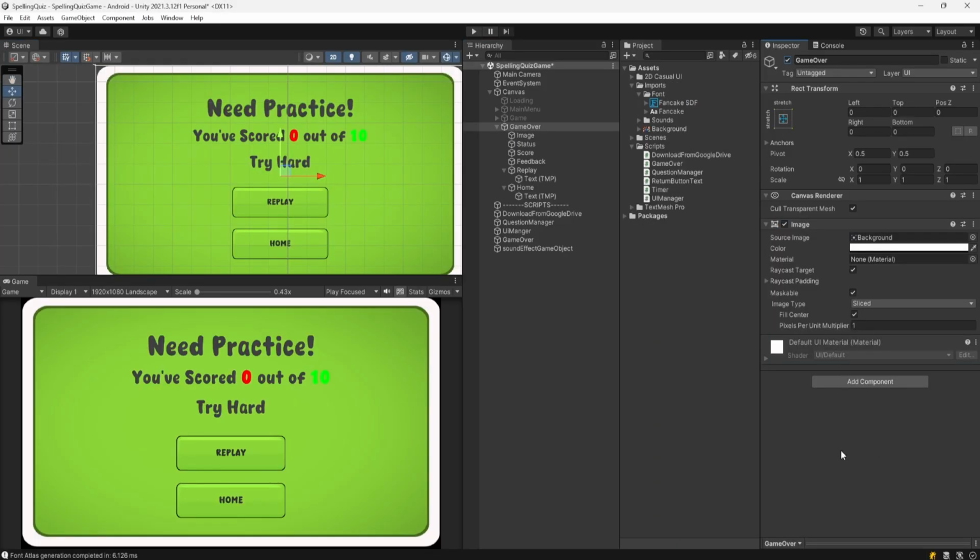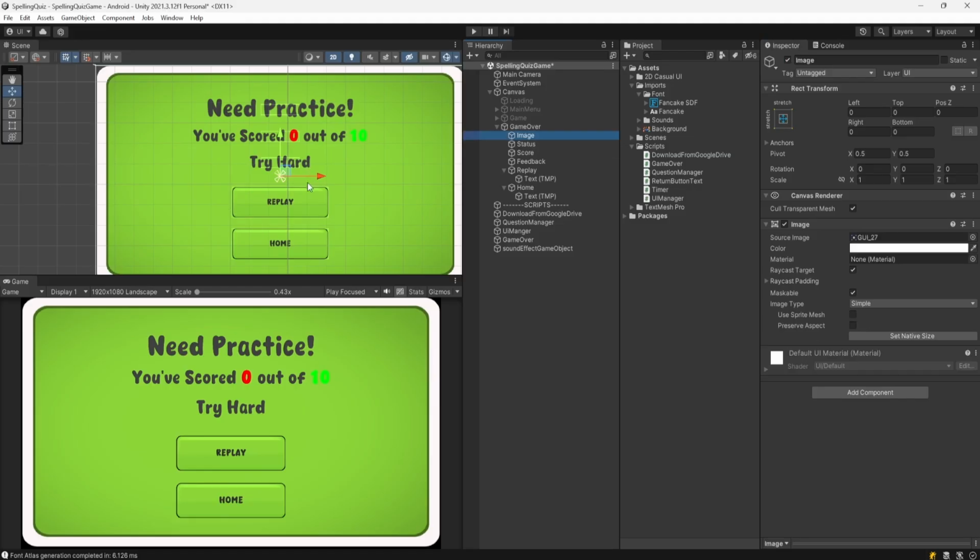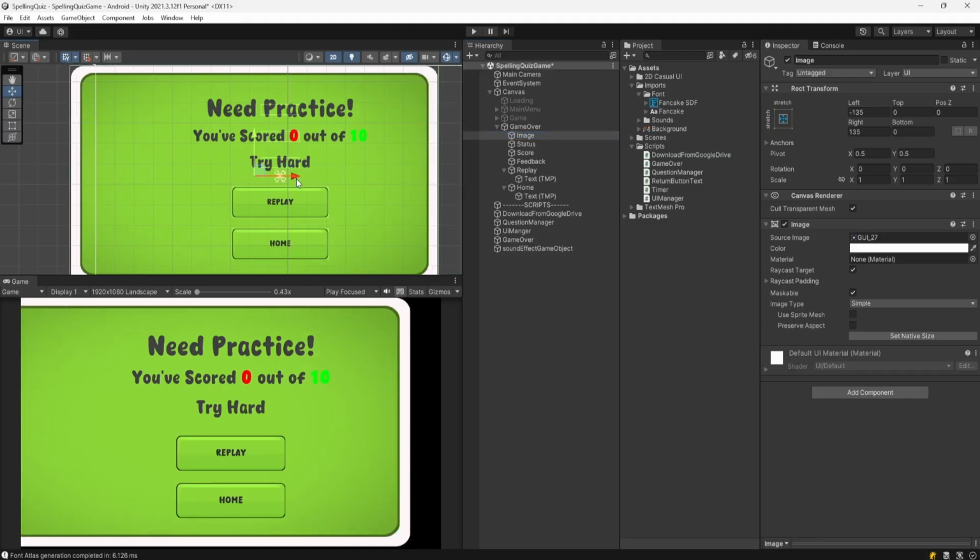Let me check. I think it was a Unity glitch. So what I did here, I just turned it off and on again, so my font was visible. Okay. So now in this game over panel, I've used a background image as usual, the background one, the green